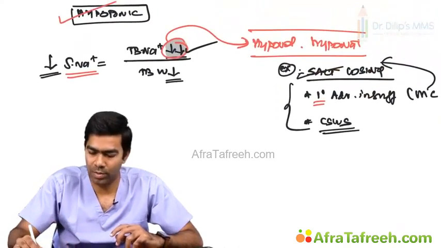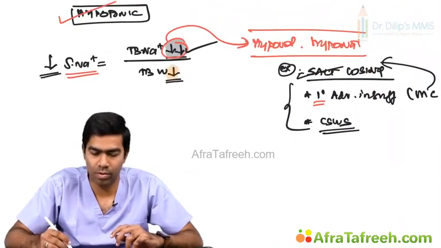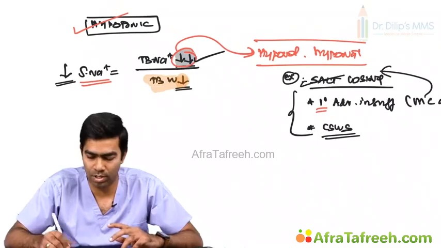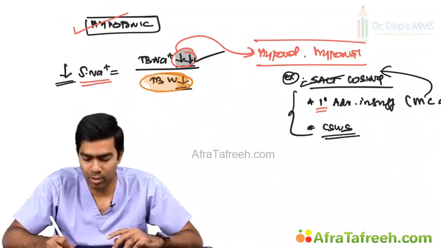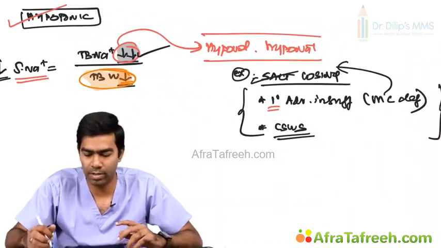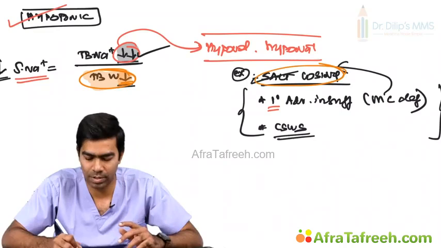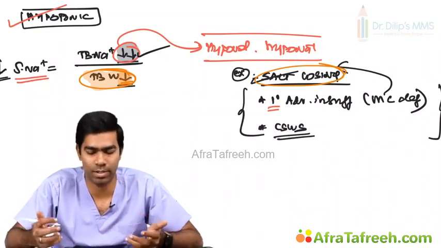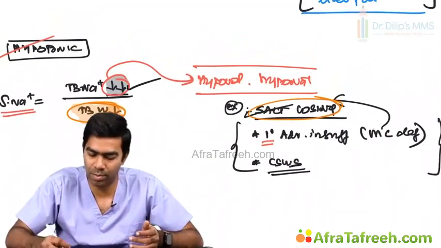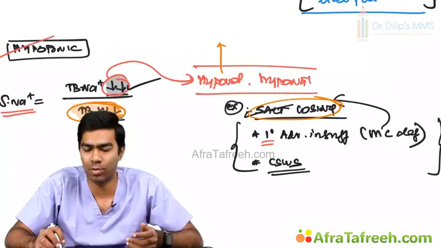Now, you can ask me why the total body sodium loss is more compared to the total body water loss, and why this is disproportionate. One main reason is salt losing states, because in salt losing states the salt loss will be more than the water loss. So that's one thing that explains it. At the same time, there is a second explanation. This hypovolemia will result in